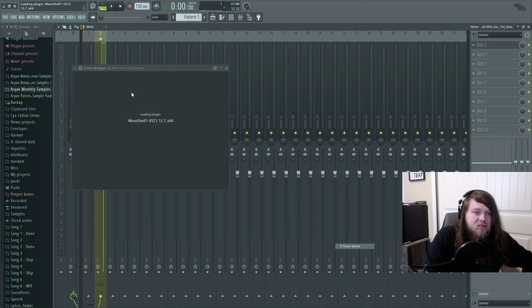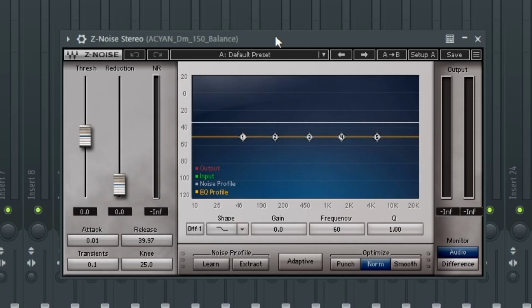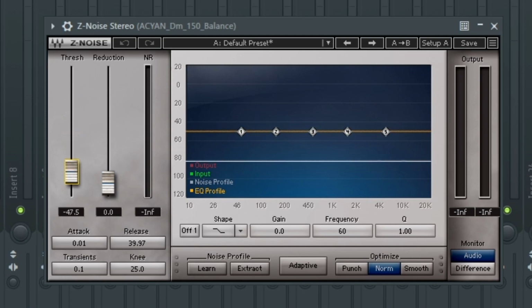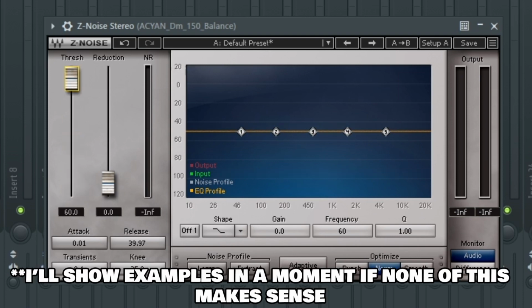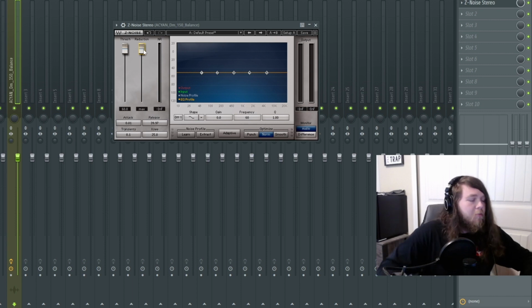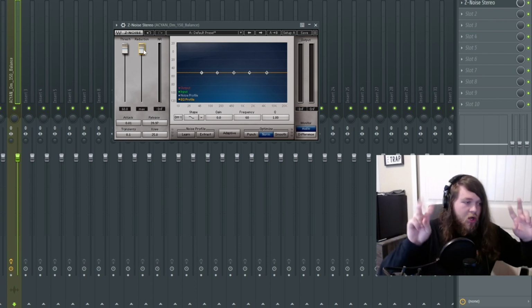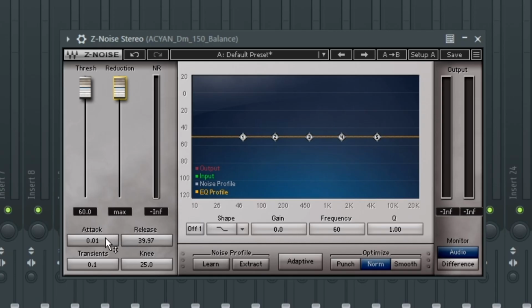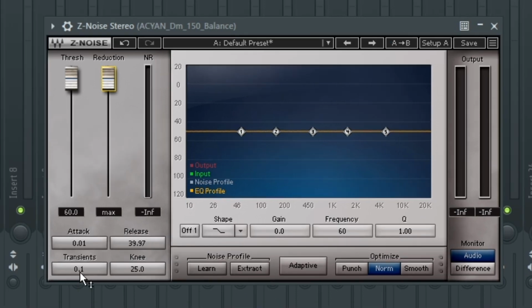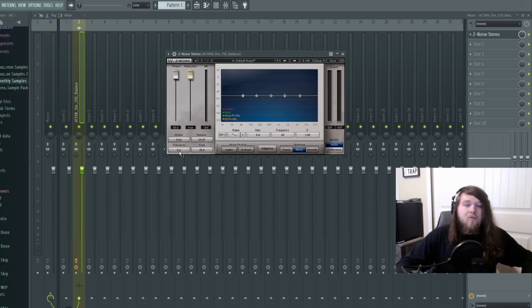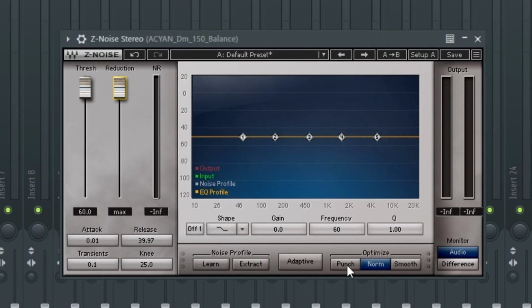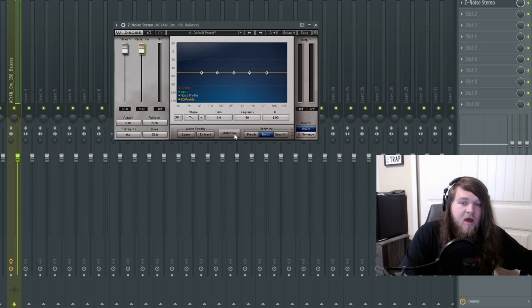Let's load up Z-Noise on this. You'll see here it looks like an EQ. There's a threshold for when or won't it let the sample as is bypass through the denoising algorithm. The reduction is the amount it's going to reduce the noise in the mix. And then you have attack and release like it's a compressor, a transients control to attempt to preserve transients, and a knee, which is going to be very similar to how a knee in a compressor would work. There's a couple different algorithms down here. You have a punch algorithm, a normal algorithm, and a smooth algorithm. And then you have a couple